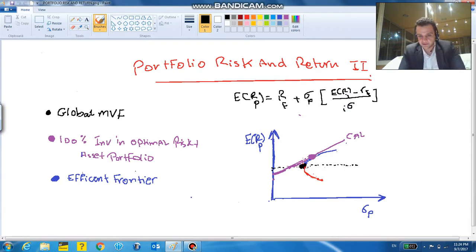Okay, so now the investment opportunity set, or putting it more simply, the investment opportunities for a given investor, they're infinite, right? They're infinite. Some of them are inefficient, right? Some of them are